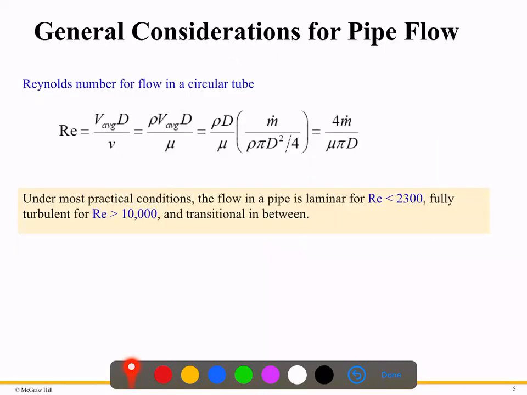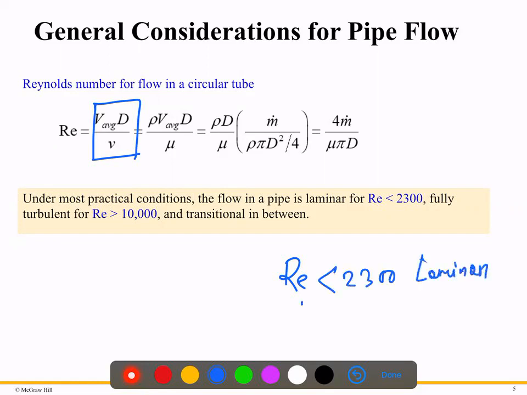And the Reynolds number, you are very familiar with these concepts. This tells when the flow will be laminar or turbulent. So you already know the Reynolds number definitions for pipe flow. This is internal flow. When the Reynolds number is less than 2300, then we'll say it is laminar. If the Reynolds number is greater than 2300,